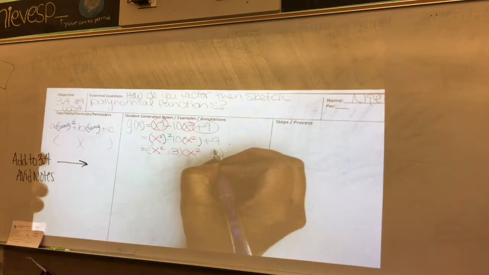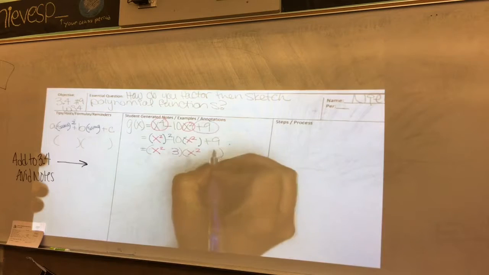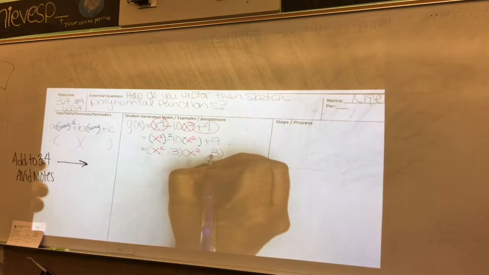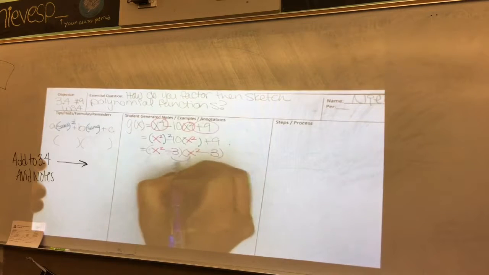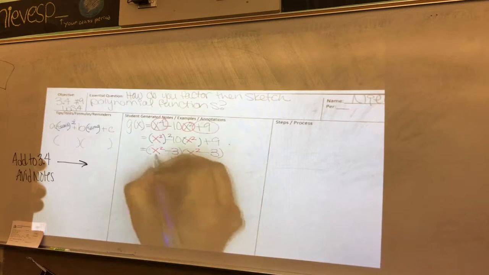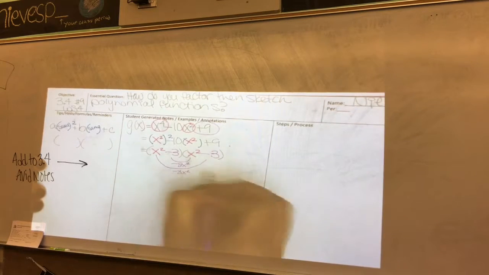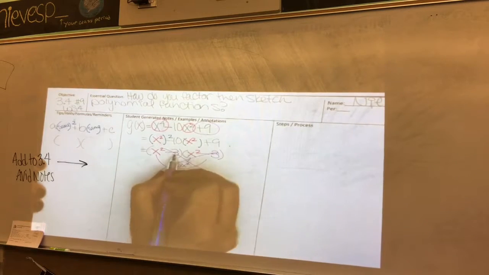And what? 9 and 1, sorry. 9 and 1. So you know that 3 and 3 is not going to work? Yes. Okay. And how did you know it wasn't going to work? It has to equal -10. And so this is going to be negative 3x squared, negative 3x squared, which is negative 6x squared. So it's not going to work. Okay, so you're saying we're going to use a 9 and a 1